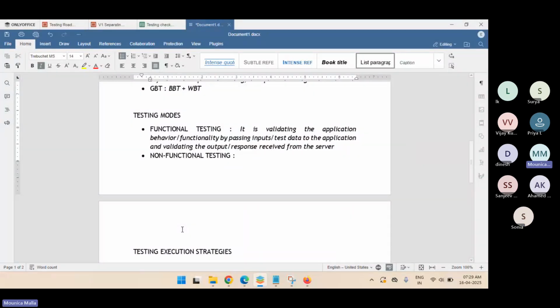So functional testing is clear, right? We are supplying the inputs and validating the outputs, like giving a valid username and password and validating if I'm logged in or not when I click on the login button. Then we have non-functional testing. This is the opposite of functional testing. In non-functional testing, we don't focus on supplying inputs and validating the outputs, but we concentrate on some non-functional